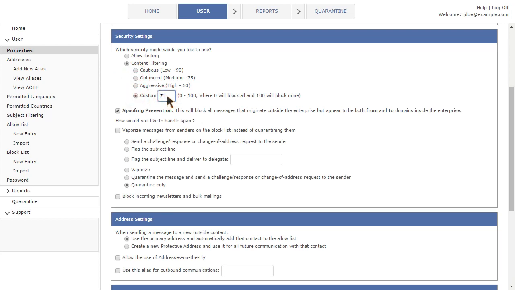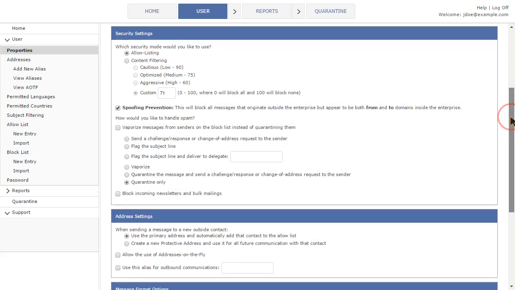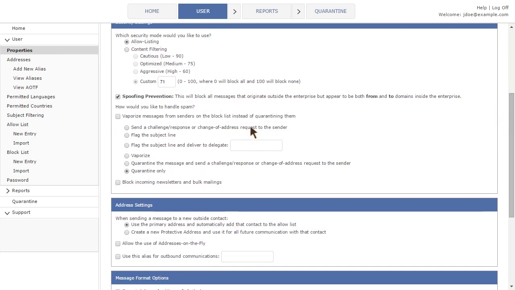Allow listing means that you'll only receive email from people that you specifically designate as being allowed to send you email. You can add individual senders or entire domains in the Allow List section under the User menu. In Allow Listing mode, when an unknown sender tries to email you, or in Content Filtering mode, when a message has a low spam score, the message will be treated as spam, which could mean one of several things depending